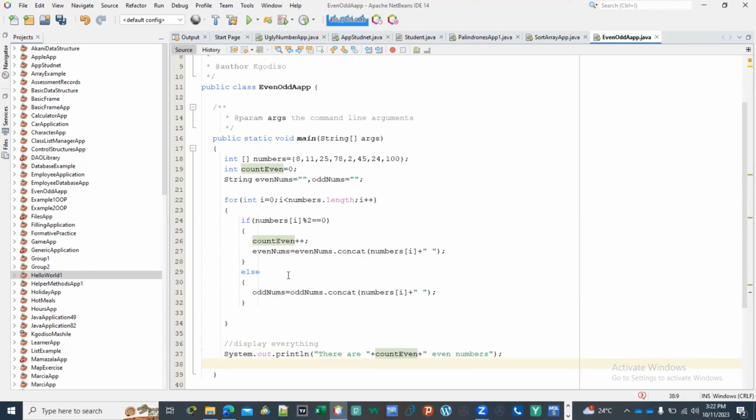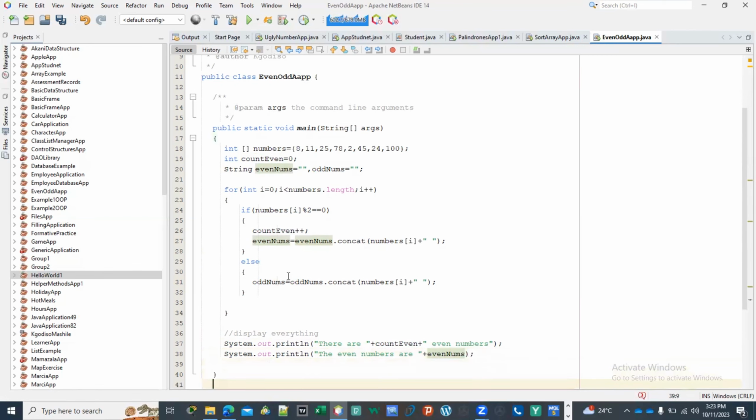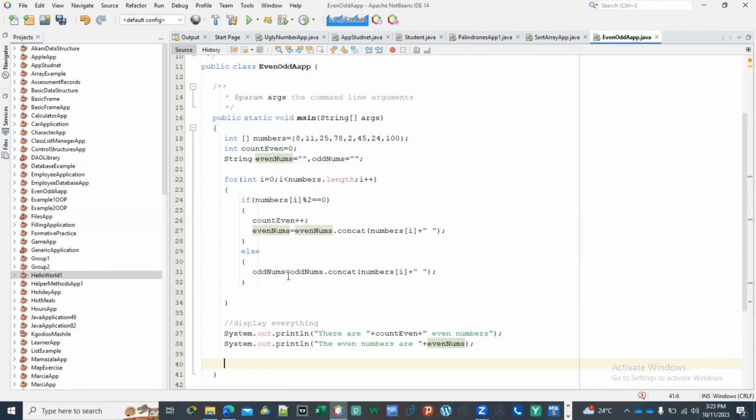And with System.out I want to show those even numbers. So the even numbers are, then I list them. So I'm going to say even nums. So yeah, for the odd numbers, I'm going to say there are,